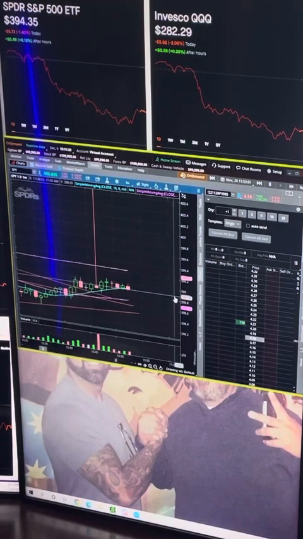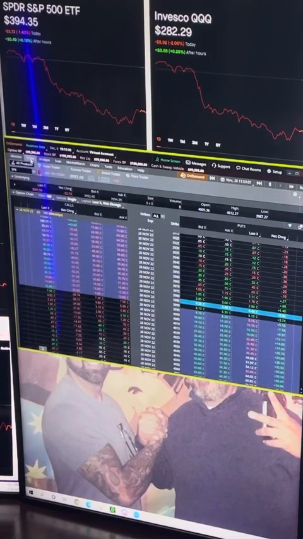So we're sitting at 398, almost 399. So if I come over here to trade, this is where I put in what ticker I want to see option contracts of. SPY, SPX, whatever you're doing. Then once you find 1 out the money, 2 out the money, 3 out the money, whatever your preference is,